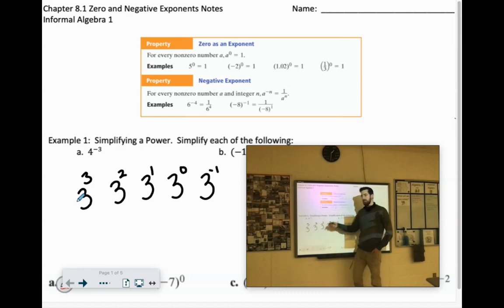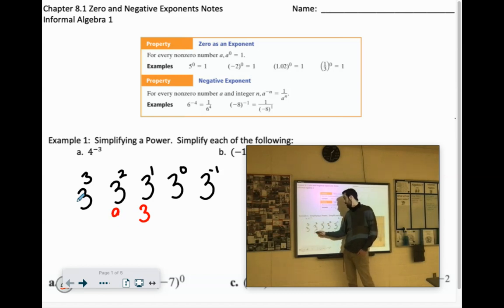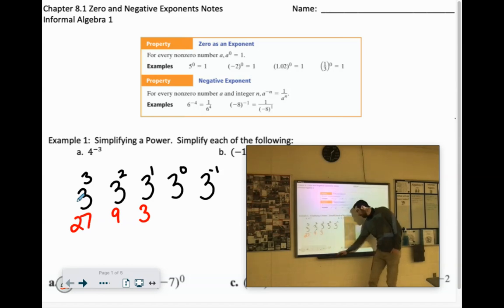3 to the third, 3 to the second, 3 to the first, 3 to the 0, 3 to the -1, down like that. Now, 3 to the first is just 3. 3 to the second power, 3 times 3 is 9. 3 to the third would be 9 times 3, which is 27. Now, if we trace this pattern backwards,